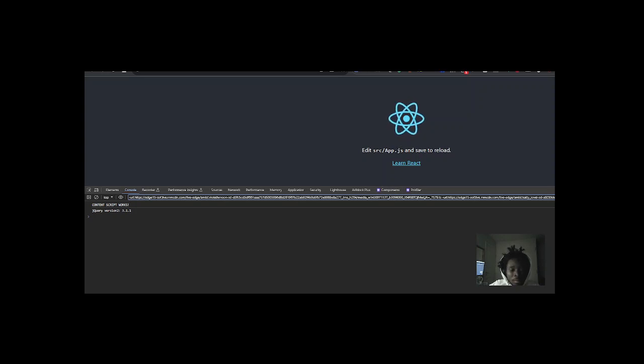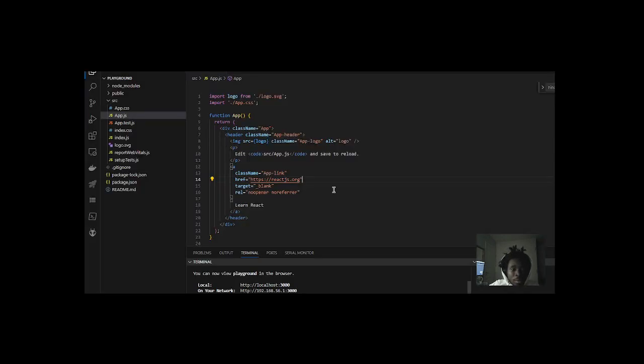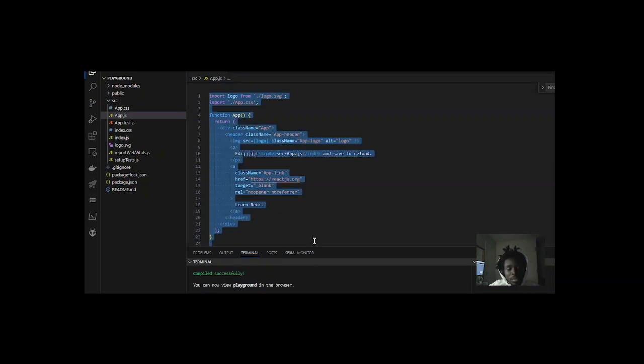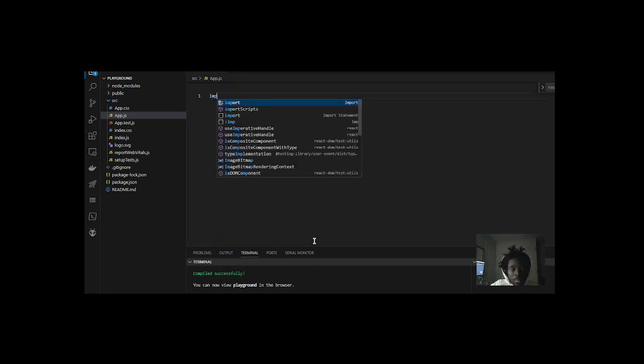But just to show you, everything I change here is going to come up in the browser, so you see that. And I have the console also open, so I'm going to be making use of that. So I'm just going to delete everything here, and I'm going to start by